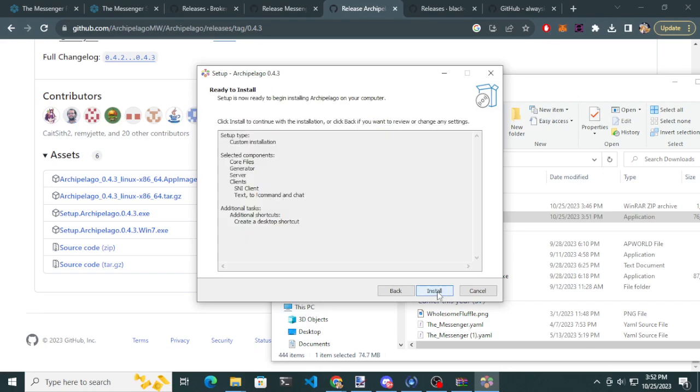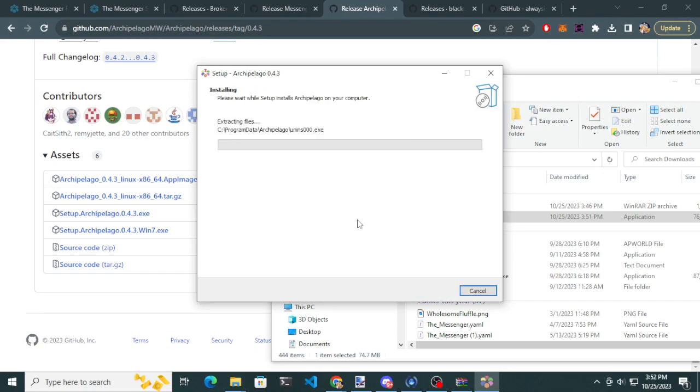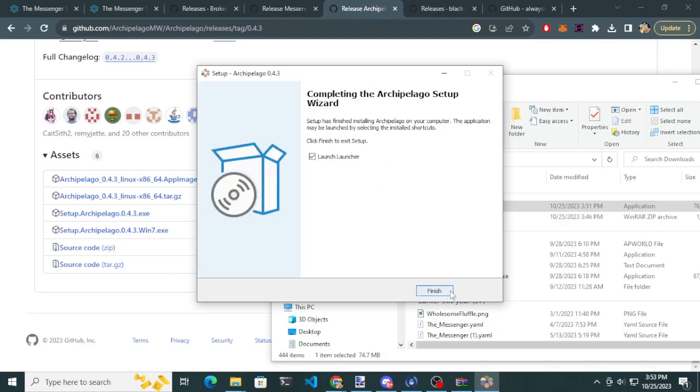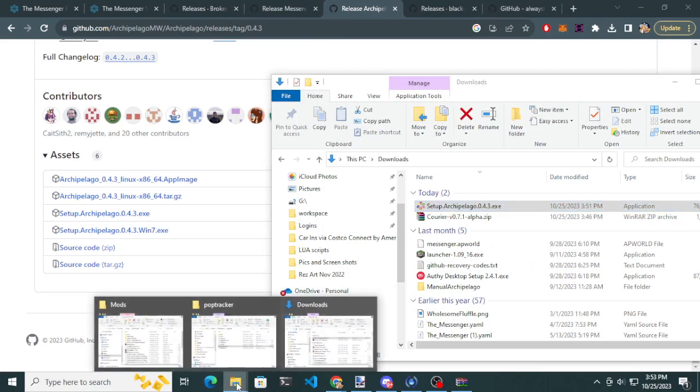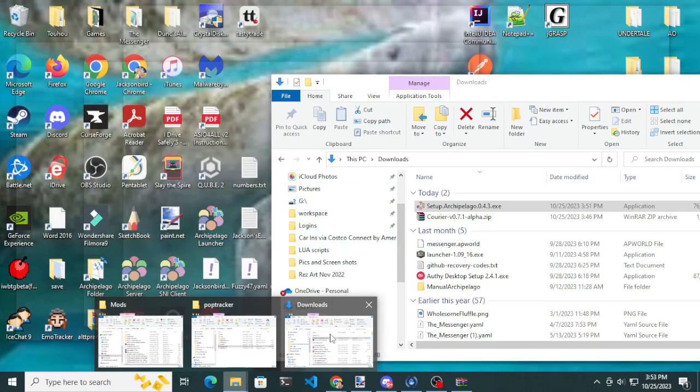Sure, you can create a desktop shortcut. You're going to install. Alright, that's going to probably launch the launcher. I'm not going to use the launcher. Alright, so then if you want to go check that out, you can just go to,